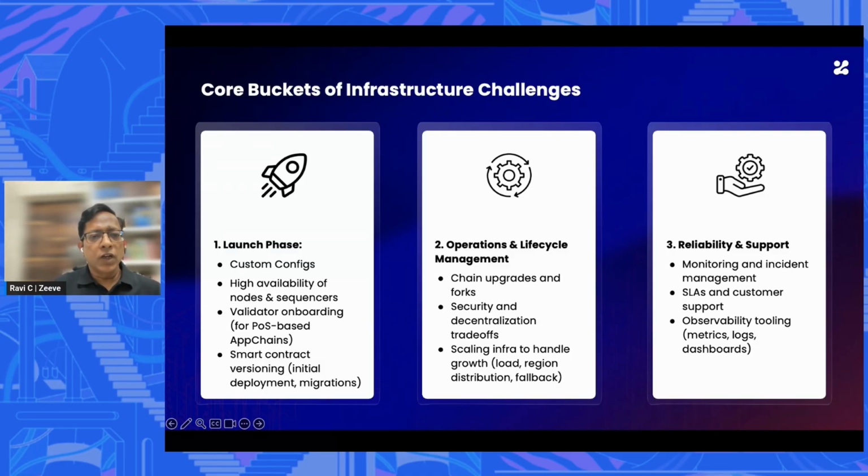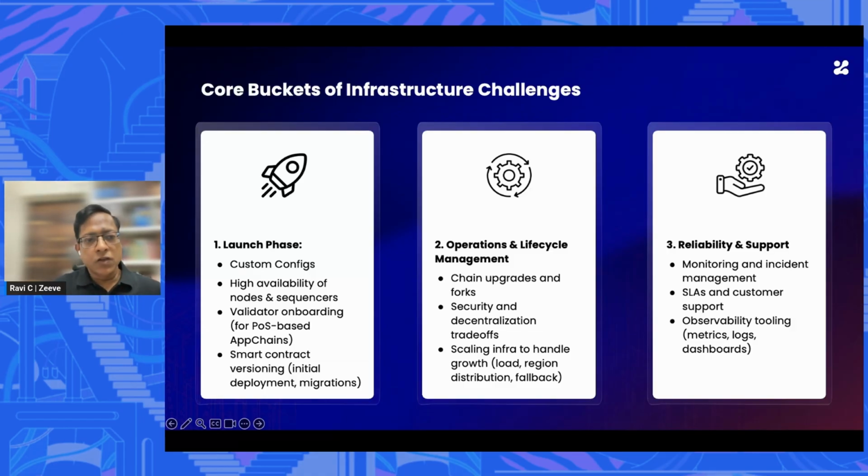So if you want to use Interop, or you want to use, let's say, decentralized oracles from Chainlink or Redstone, you can simply plug in because their support is already on that public chain. But when you launch your own app chain, then you need to take care of each and every aspect of it. It gives you a lot of flexibility, independence, control, but at the same time, you are required to manage the entire infrastructure yourself. So that is the downside of it, and that is where we come in.